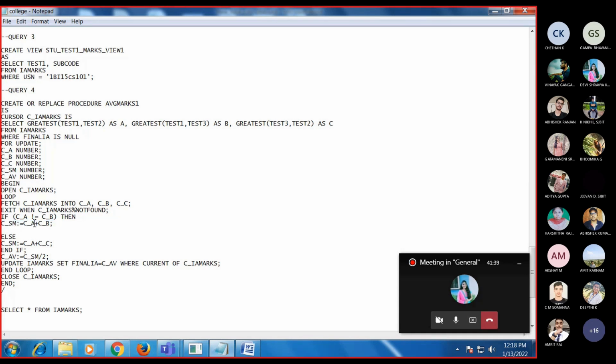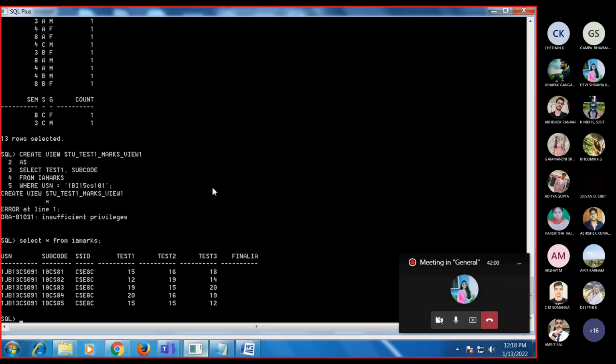So the CA will be the first test and CB will be the second test here. Based on that you are going to find out the average. Average will be C underscore sum divided by 2 here. Then after finding this, we need to update the IA marks set final IA is equal to C underscore. That means after finding the greatest of these two, then finding the best of two tests and find